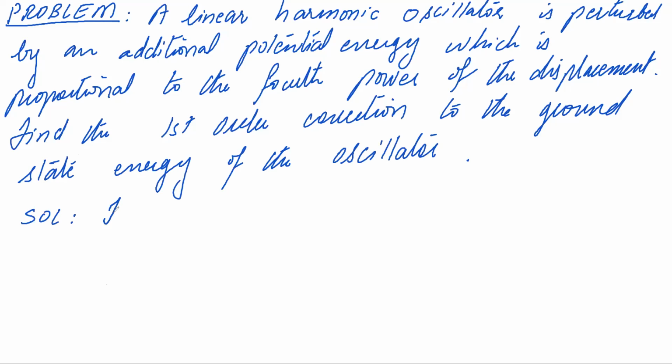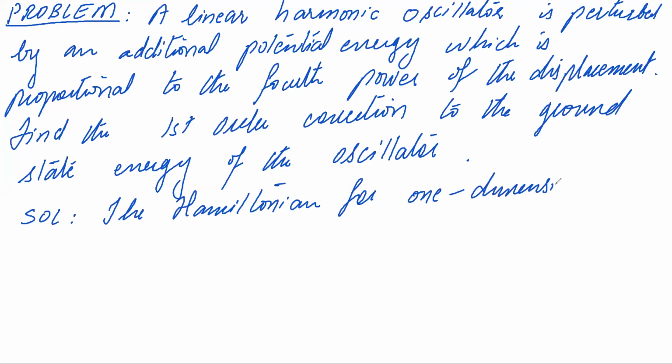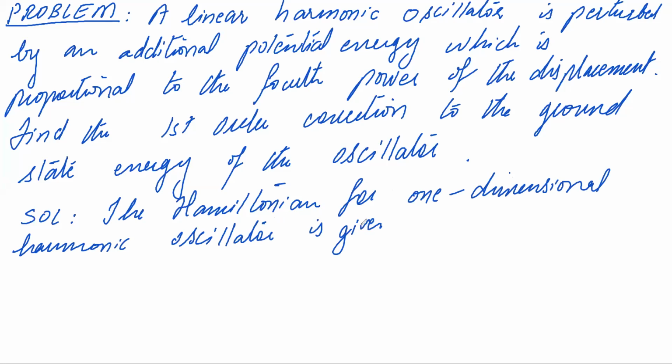So the Hamiltonian for one-dimensional harmonic oscillator is given by H, which is the sum of the unperturbed Hamiltonian